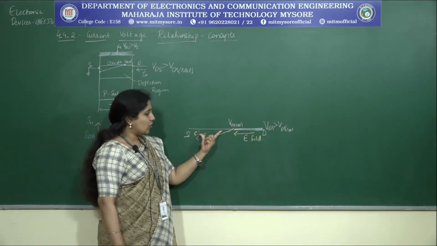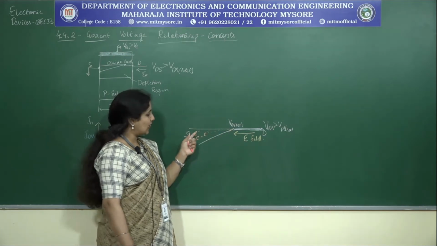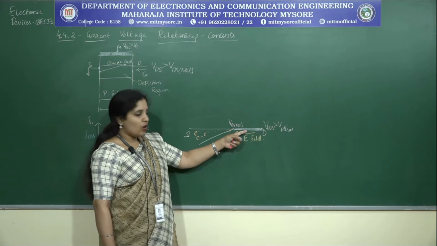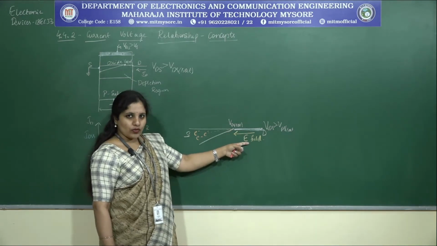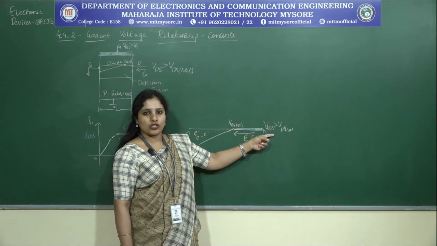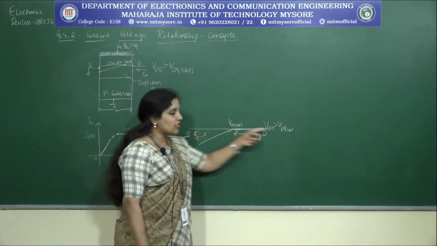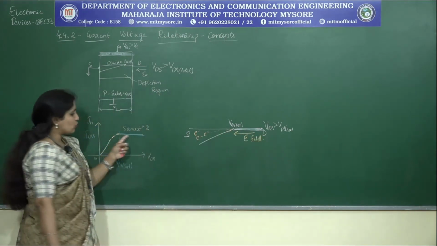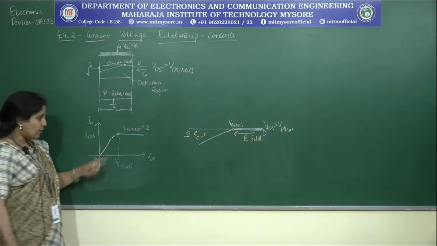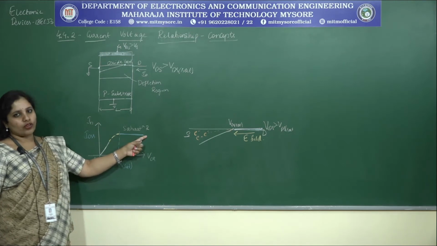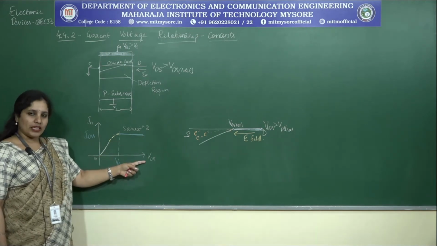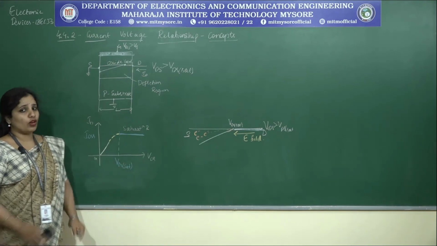Now, when I consider the electron movement, when these electrons reach here, what will happen? They will be under the influence of the electric field. As a result, these electrons will get swept to the drain terminal, and if that happens at a constant rate, what happens to the current flowing across the device? It becomes constant, and therefore we say there is a certain amount of current flowing in the device which is independent of VDS. I hope all of you got this point.